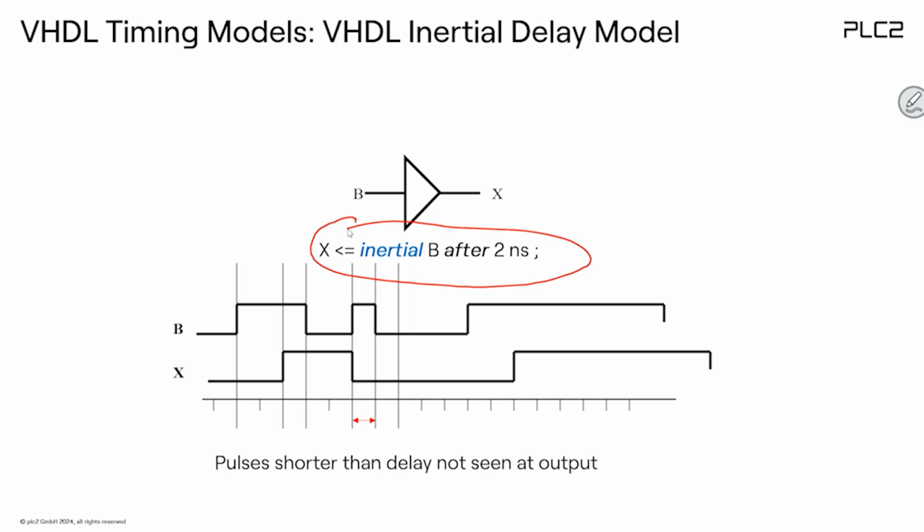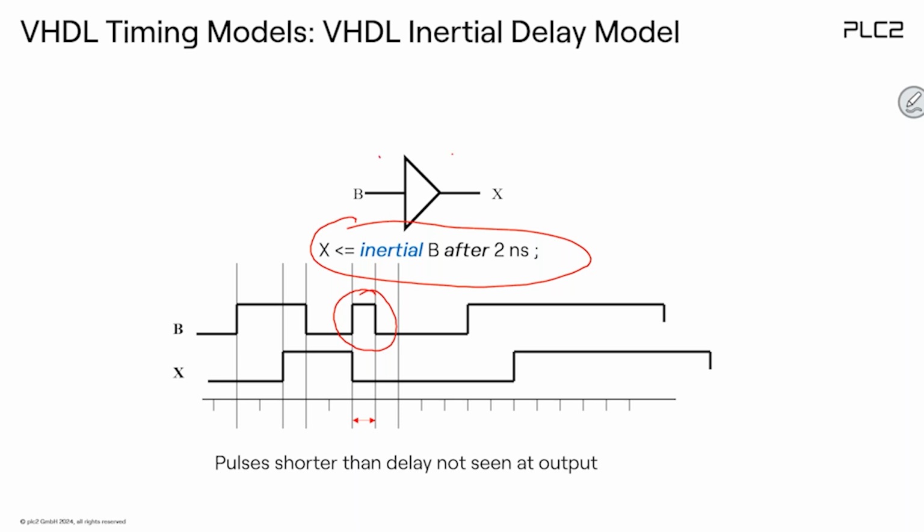So you see here the input B is changing somehow, and the output X will follow the input. But again, be careful, because this inertial delay model has the behavior that as soon as the width of the input signal is smaller than the delay associated with this component,